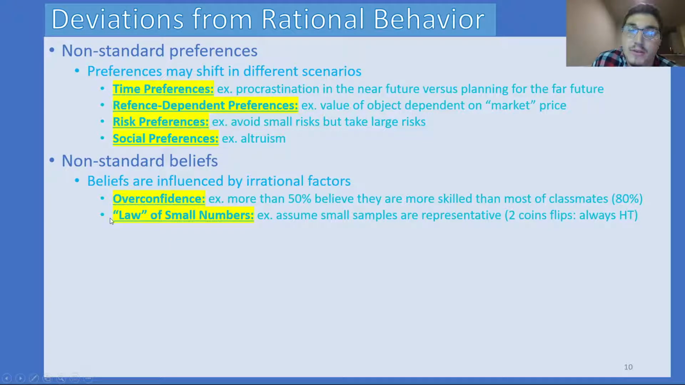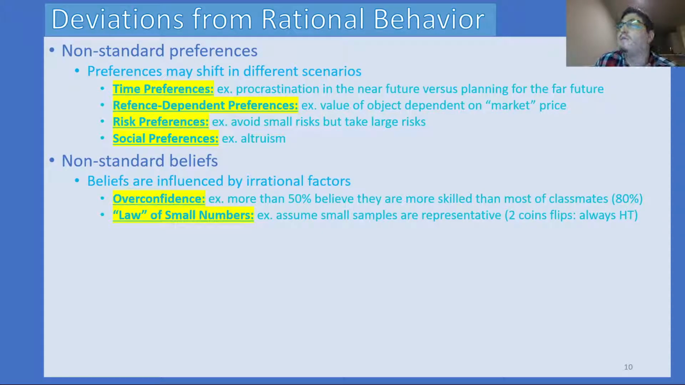There's this really interesting thing called the law, in quotations, the law of small numbers. An example of this is that you assume that small samples are representative. So if I were to flip 2 coins, and the first flip comes up heads, if I believe heavily in the law of small numbers, I believe that the next flip should come up tails. It should always represent the mean, that 50% of the time it comes up heads, 50% of the time